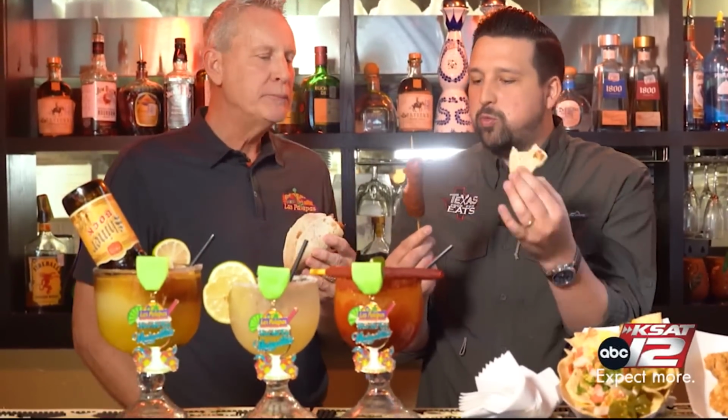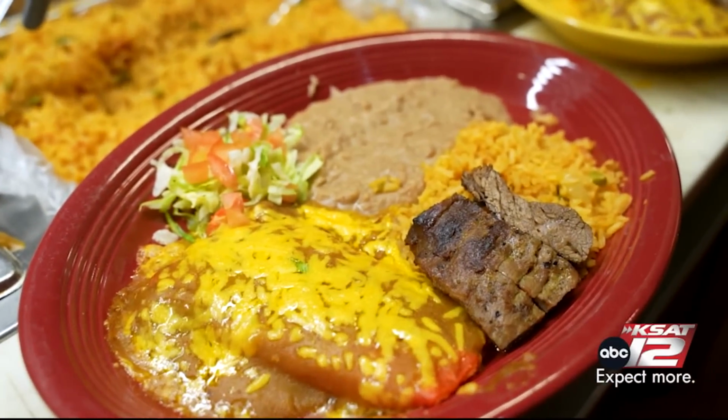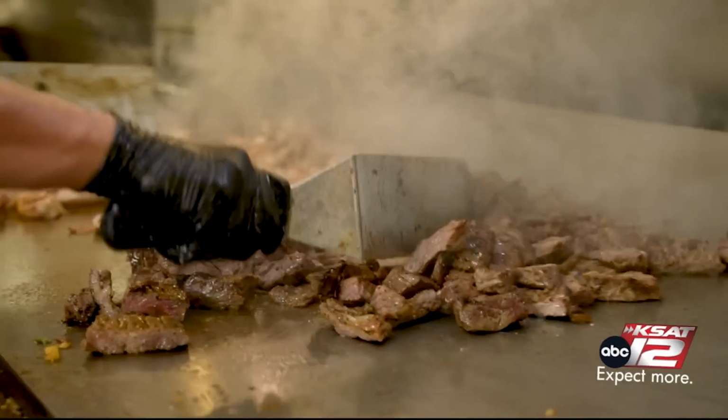That's good. Nice crispy casing on the outside, super tender on the inside, packed full of flavor. Yes, sir. That's a great smoke flavored sausage on there. This is a meal within itself. And when you're at the restaurant, don't forget to try their classic dishes like their beef and chicken fajitas, enchiladas,